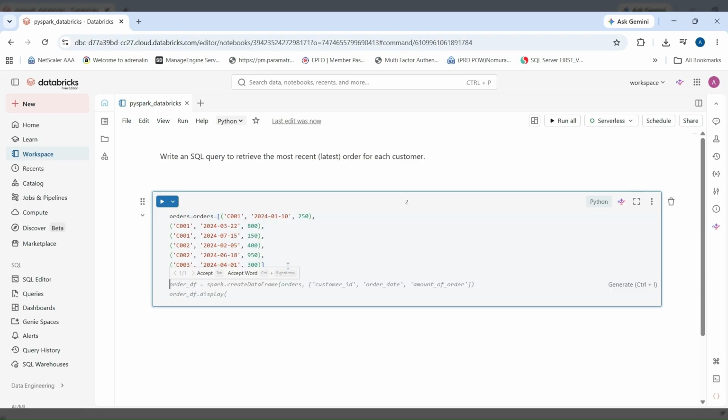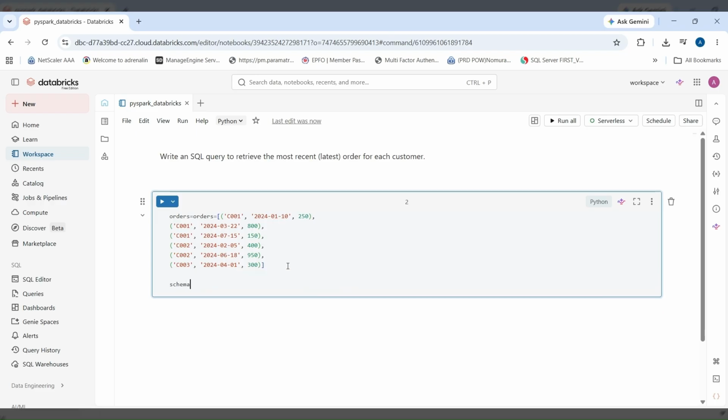So first, let's create the schema of the orders table. We are going to use the first column, customer id, second, order date, and third column, amount, which is the spend. So let's read the question once again. No, okay, before that